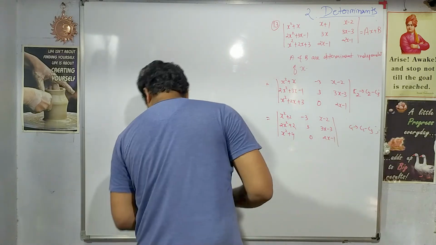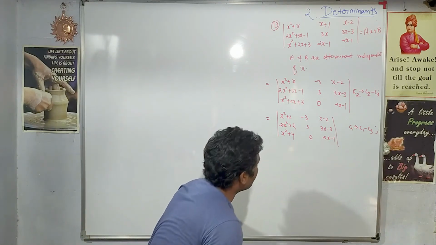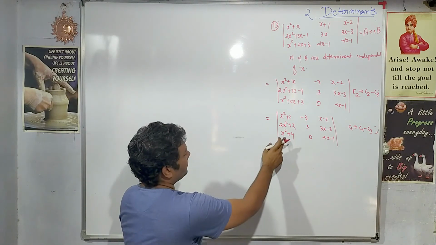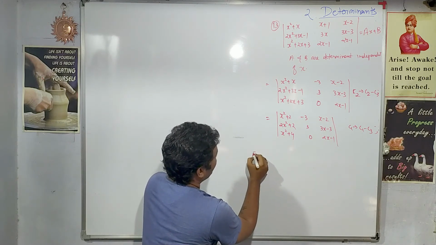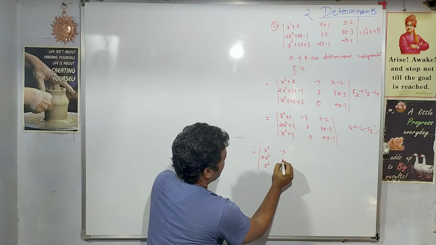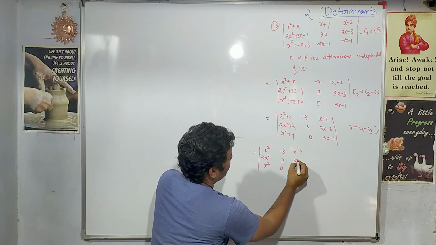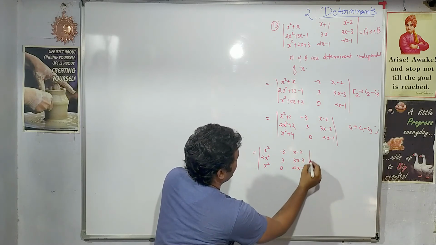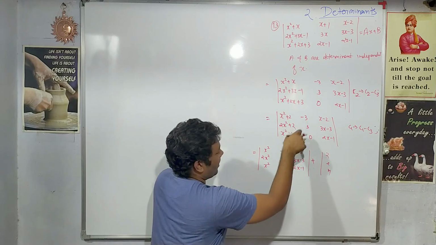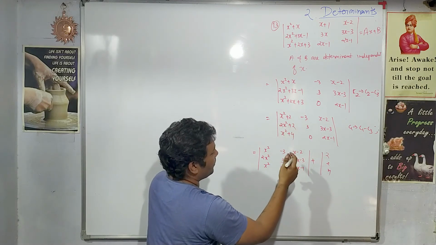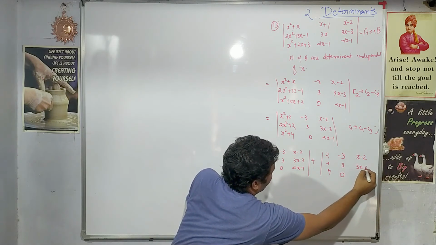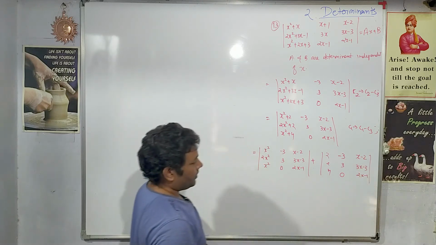So now using the property, let us expand this. So expand, if I use the property along the first column, what will this determinant become? x square, 2x square, x square minus 3, 3, 0, x minus 2, 3x minus 3, 2x minus 1, then plus 2, 2 and 4, 2, 2 and 4. Just see how the expansion has been done using the property. Minus 3, 3, 0, 2, 3x minus 3, 2x minus 1, correct?